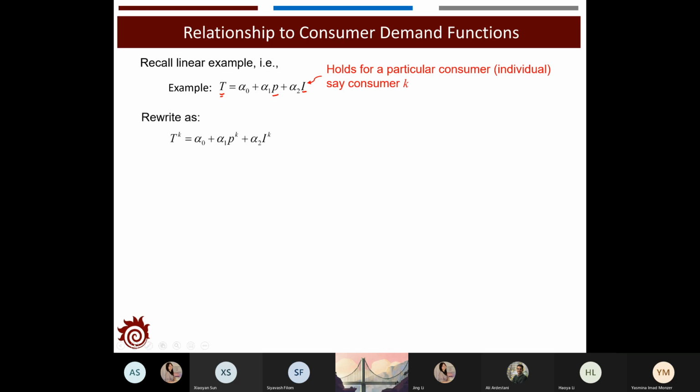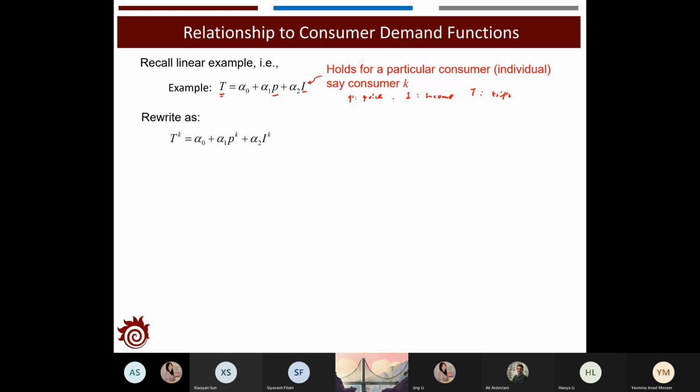P here represents the price. Sorry, P is the price and I is the income level. And T is the trips. So this is the value for the entire